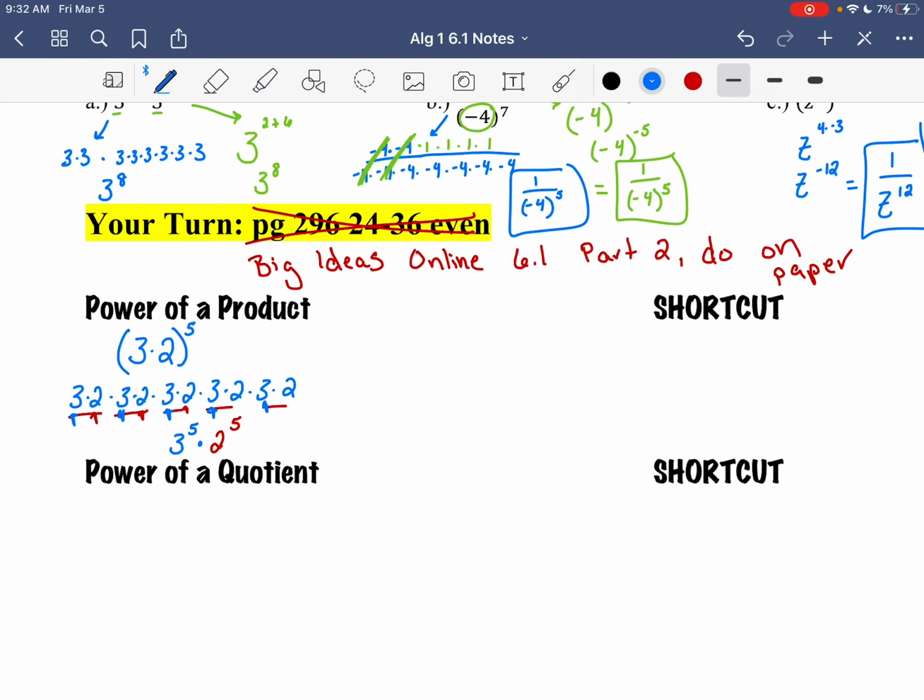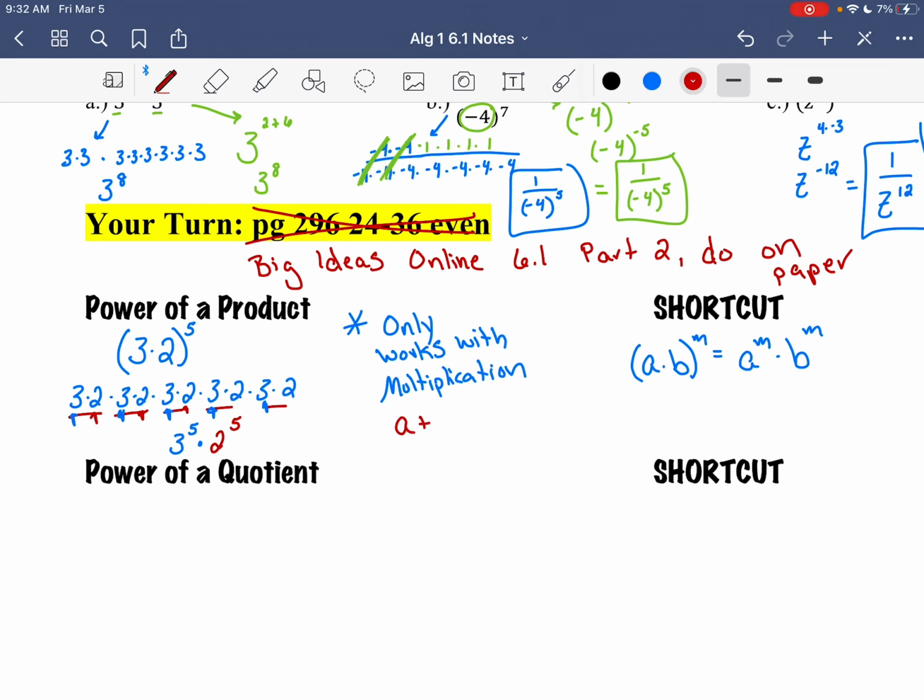Word of caution, this is not called distributing. Okay? And this only works with multiplication. The rule looks like this. If I've got a times b to the m, that's the same as a to the m times b to the m. What I mean by word of caution, if I have a plus b,